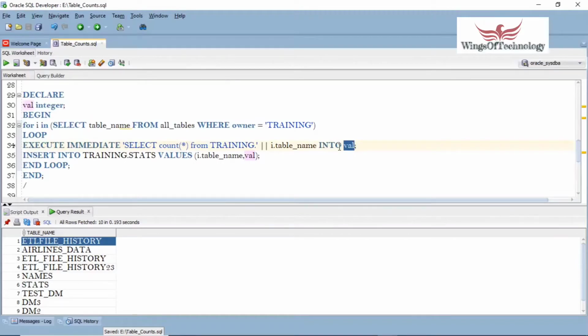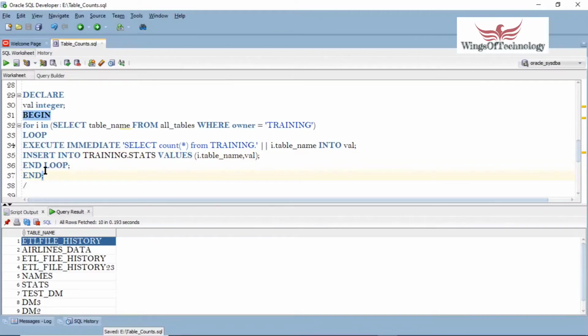For each loop it will hold the number of records for the particular table in this variable, and then we are going to insert those details into the physical table that we created earlier, the stats table. Now if you see, I'm keeping I dot table name as the table name, and val, which holds the record count. Okay, after that we are ending the loop.